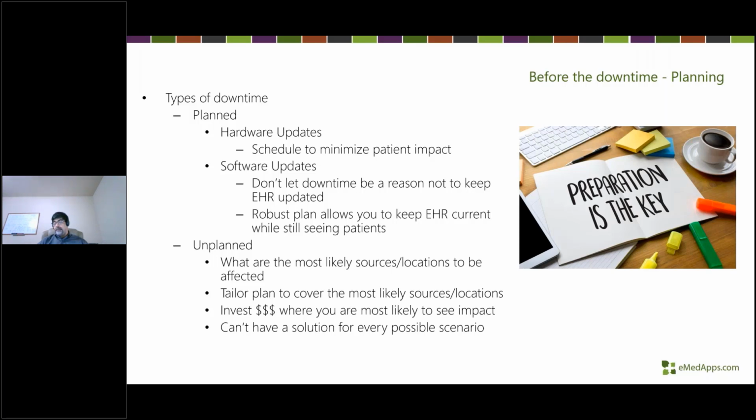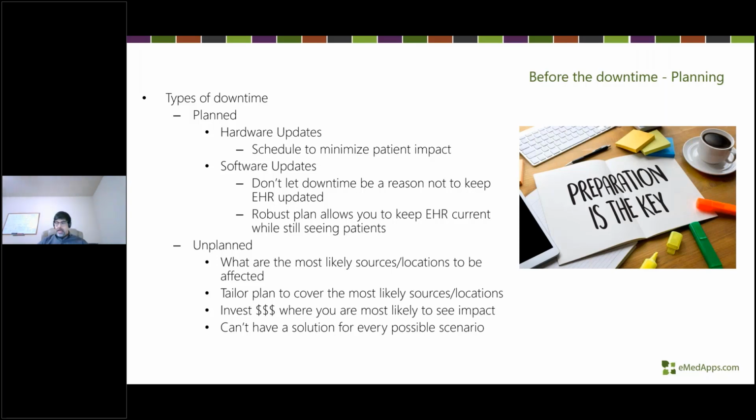Yeah, great question. So you certainly should have input with your hosting vendor in terms of when maintenance events are going to occur from a hardware perspective, and you definitely will drive the discussion from a software perspective, right? So you're going to determine your schedule for upgrades. Sometimes there are things that are out of your control. So it is often based on the availability of your EHR vendor to assist with that upgrade, in which case you aren't in full flexibility in terms of when that upgrade is going to occur, but you certainly have a voice and a say in the process, and make sure you exercise that voice.